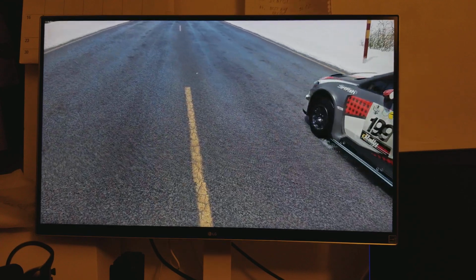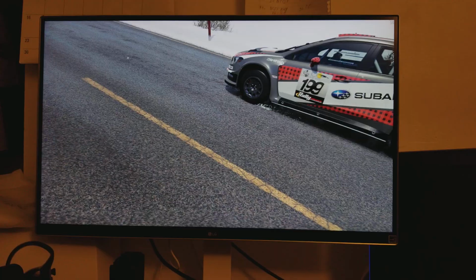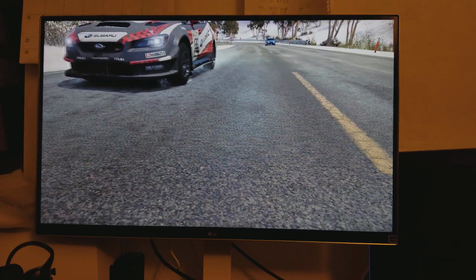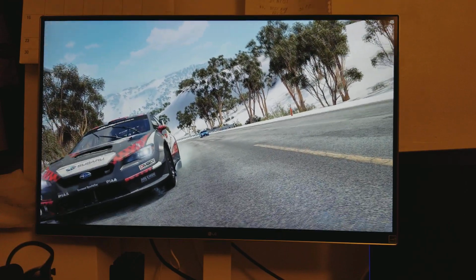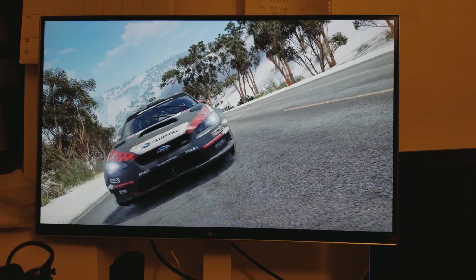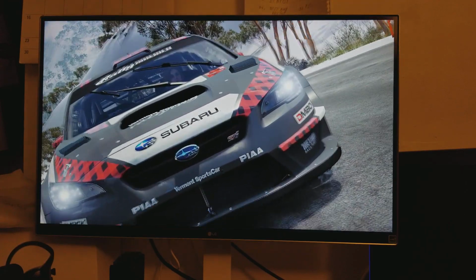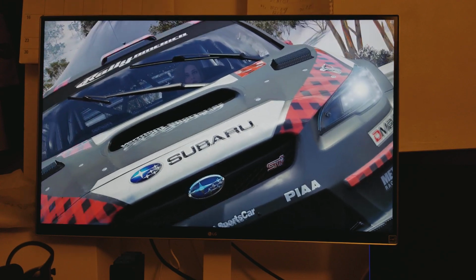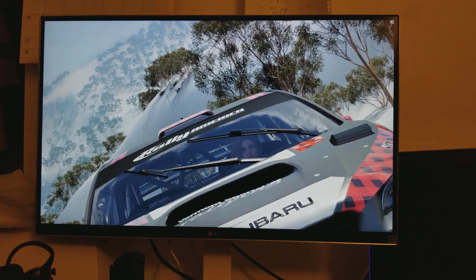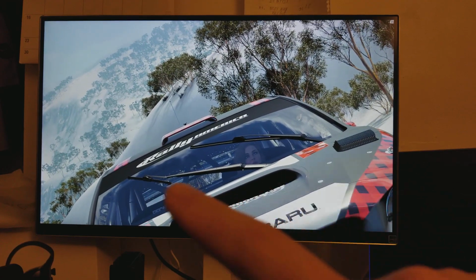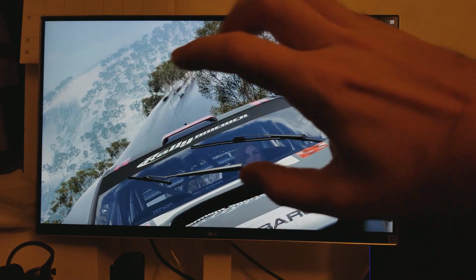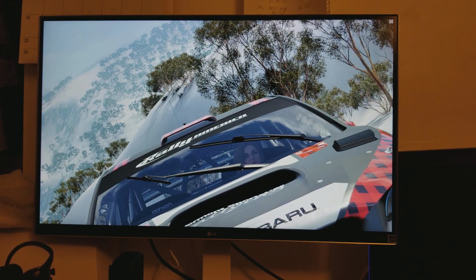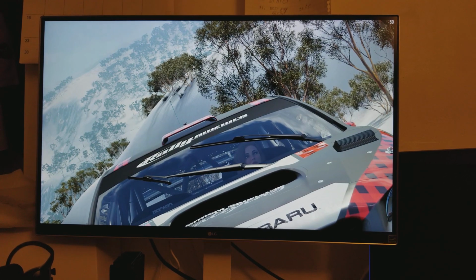Here, just look at the asphalt here. And look at the detail on that Subaru. Look at the detail in the distance, the depth of field. It's the reason why you want to have a good powerful GPU and a native 4K, because you're